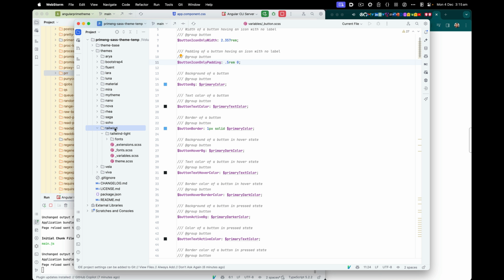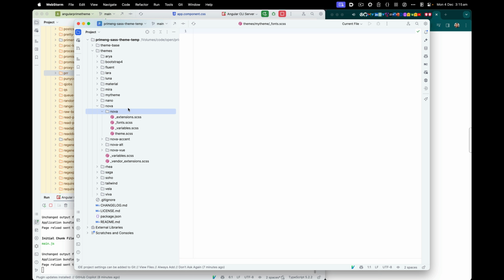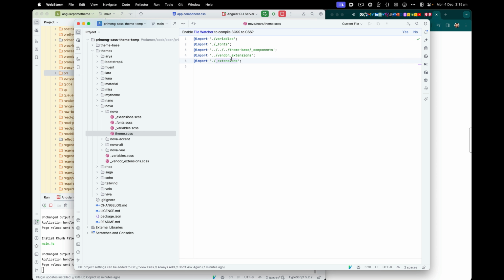like really unstyled themes. But to demonstrate this, I would like to actually go ahead and use this Nova theme. If you look at the Nova theme, they got some variants like Nova theme, Nova accent, ALT, view, and then here's the variable files. So I'll just use this normal Nova theme. And in here, if you look at the theme.sass file, what it's doing is it's actually importing the variable file, fonts file, and then the base components, and then the rendering section and extensions. So if I try to run this file or compile this file, it is actually going to generate a theme